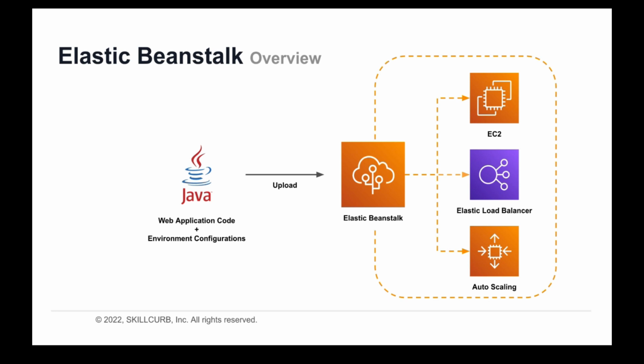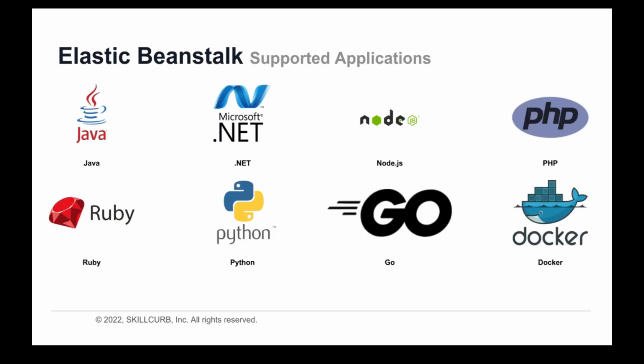Instead, this responsibility is passed on to AWS Elastic Beanstalk to deploy the correct infrastructure to run the uploaded code. This provides a simple, effective, and quick solution to deploying your web applications. The supported development options for Elastic Beanstalk for deploying your web applications include Java, .NET, Node.js, PHP, Ruby, Python, Go,